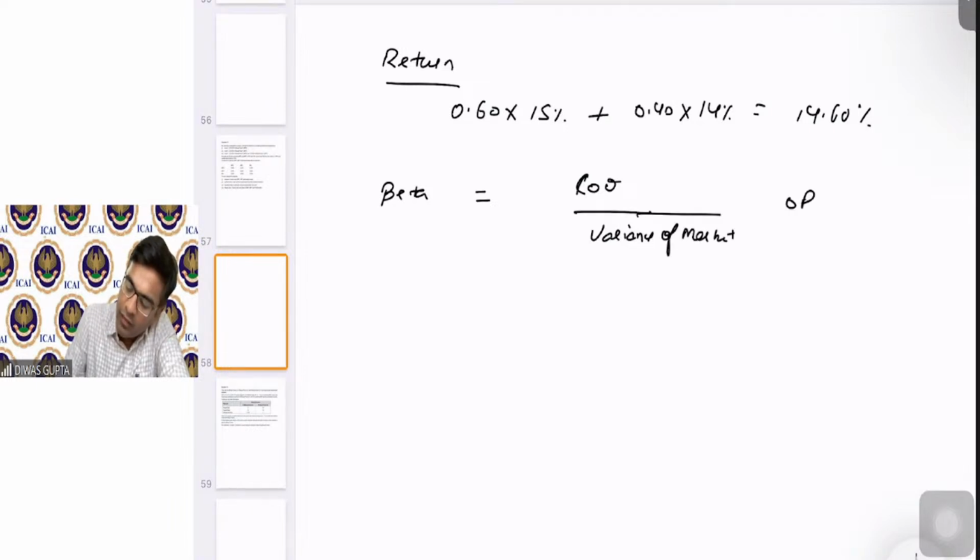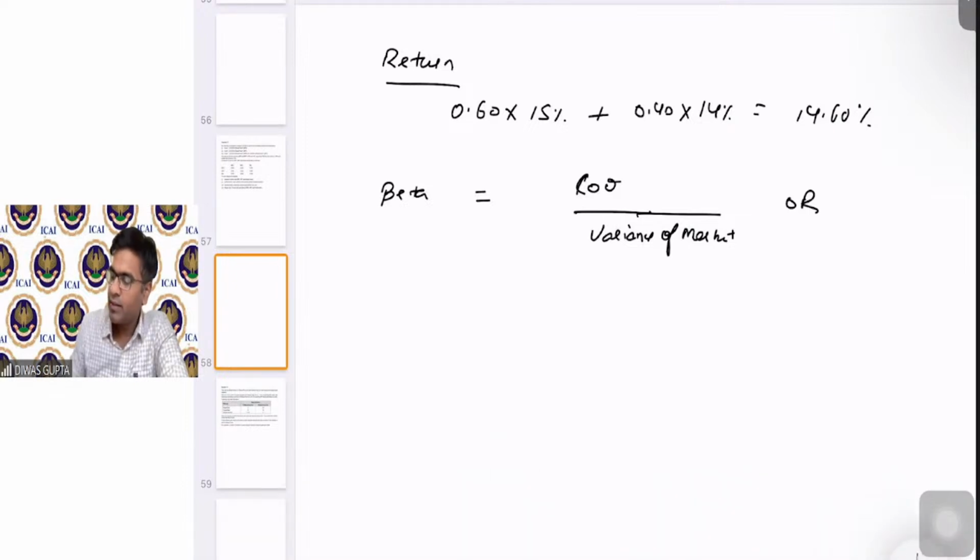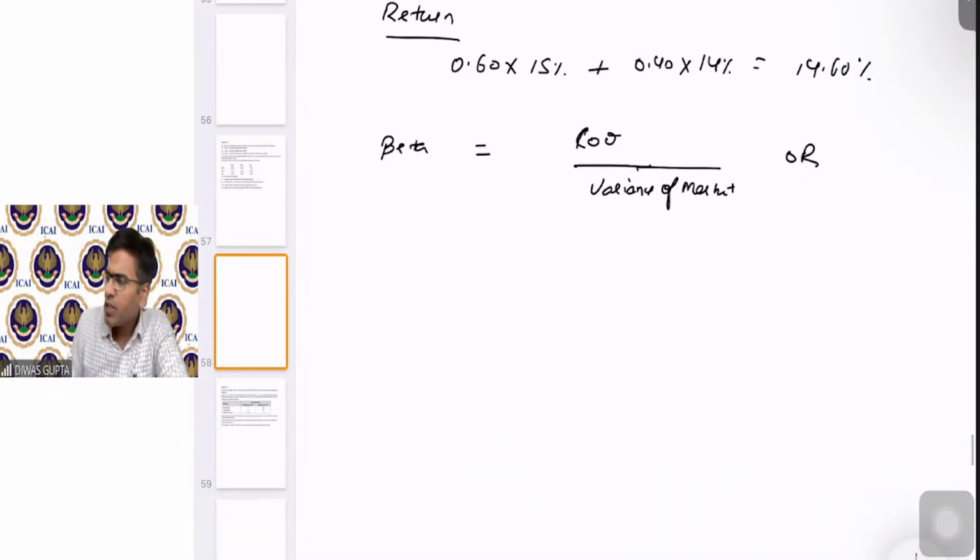Correct? We have also studied that R12 times standard deviation of market into standard deviation of security, right? That was also one of the formulas. But in this case, we are not using this formula because we are directly given covariance and variance of the market. Okay. So covariance of fund and market,